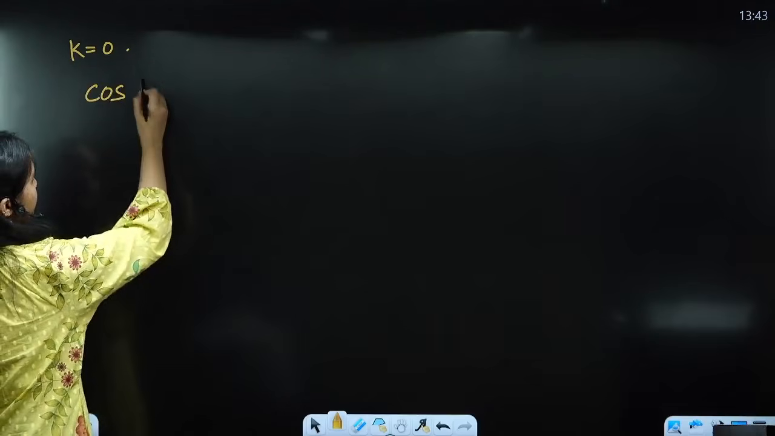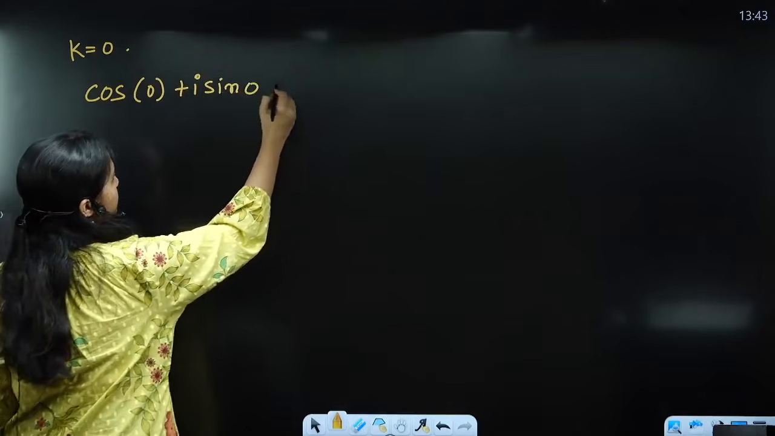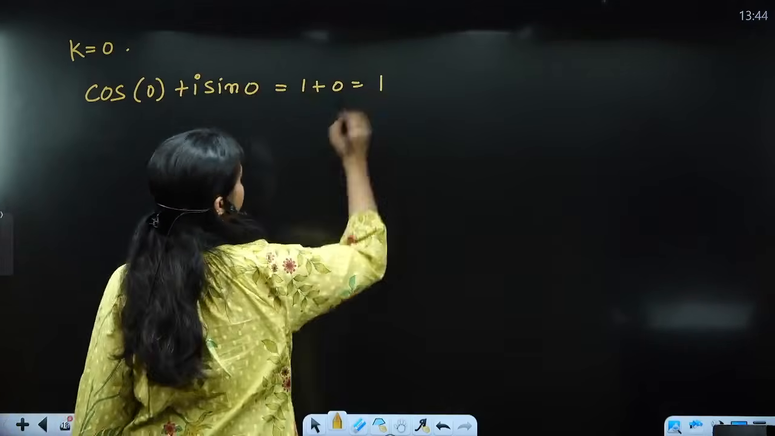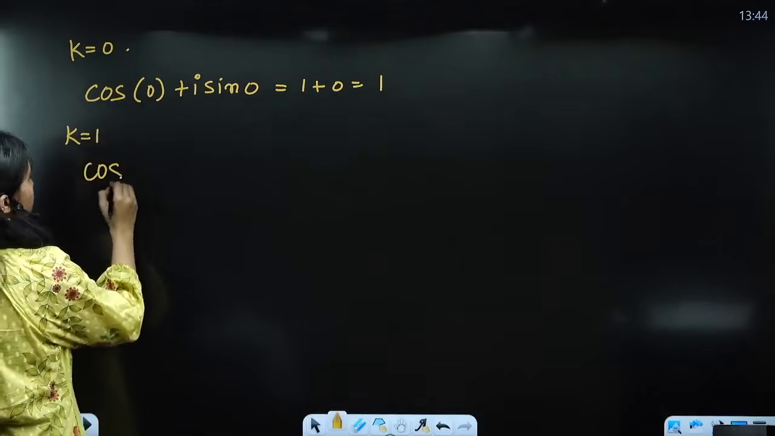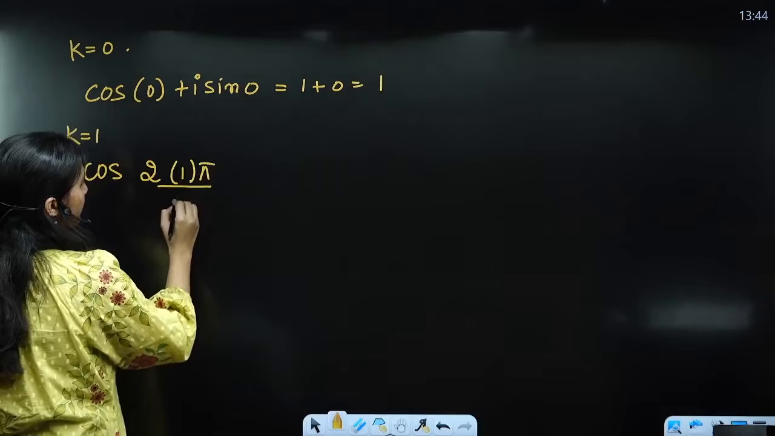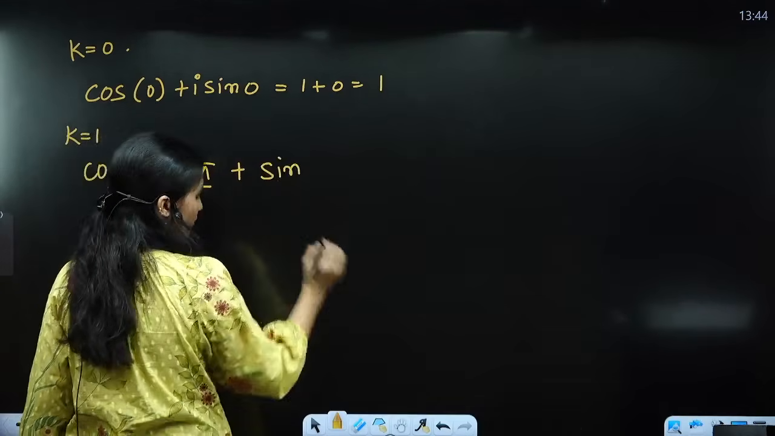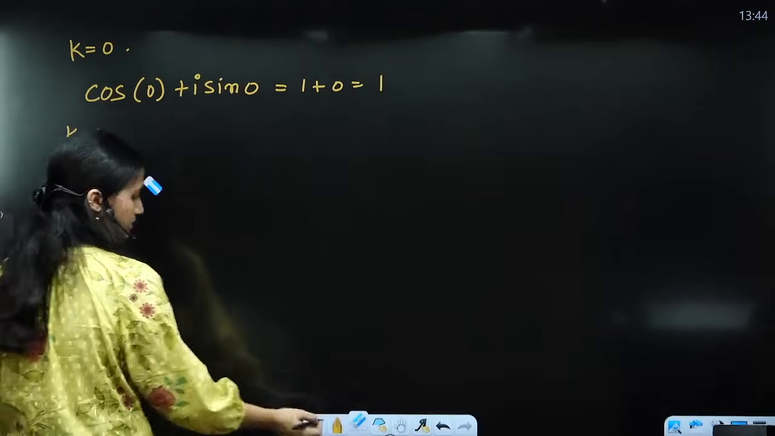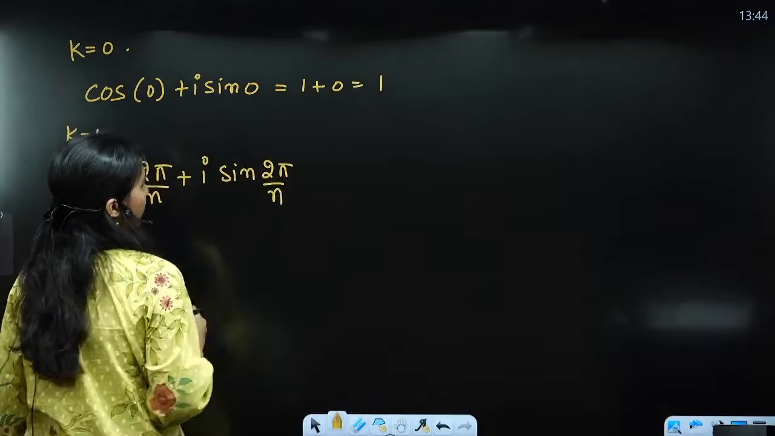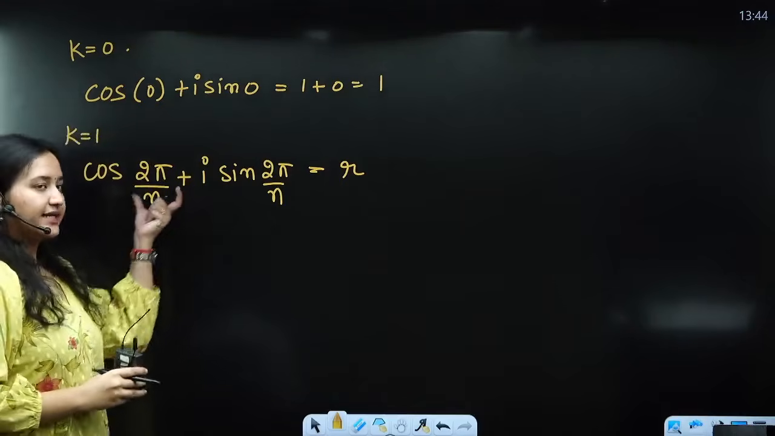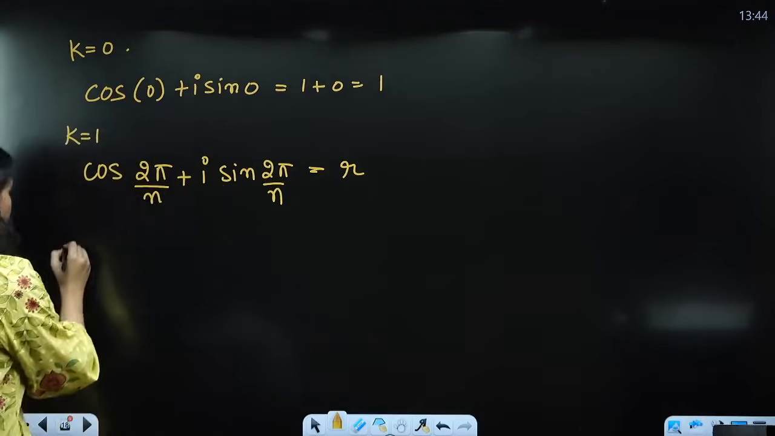Now let us see what are the different values of this expression when I take k's values from 0 to n minus 1, right? So I get cos 2k pi, so this is 0 only, plus iota sine 0, which is nothing but 1 plus 0, that is 1, right? Then we have k equals to 1: cos 2 pi by n plus iota sine 2 pi by n, and this value we can call r, right? Because in terms of this we are going to take the values of the next expressions, right? Then for k equals to 2,